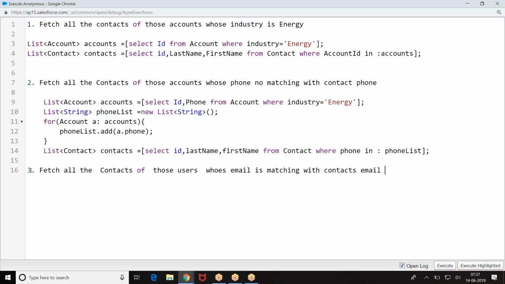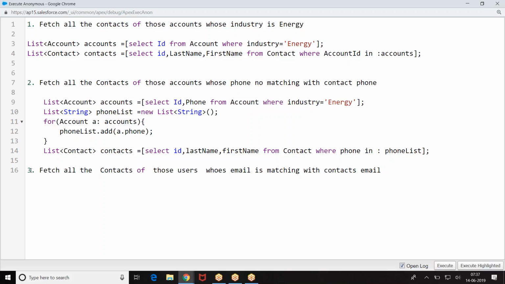Fetch all the contacts of those users whose email is matching with the contact emails. Now make an attempt at reading this. Yeah, now go ahead. What is your query? Go ahead with your query.